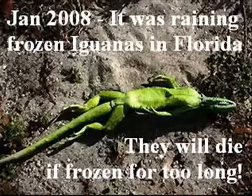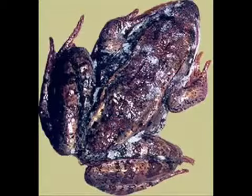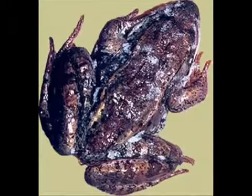Also, they are both cold-blooded, which doesn't really work well for interstellar space travel, except that frogs are amphibious and they're cold-blooded, and there's a certain type of frog that can be frozen in ice and then thawed out and brought back to life. But this is due to an